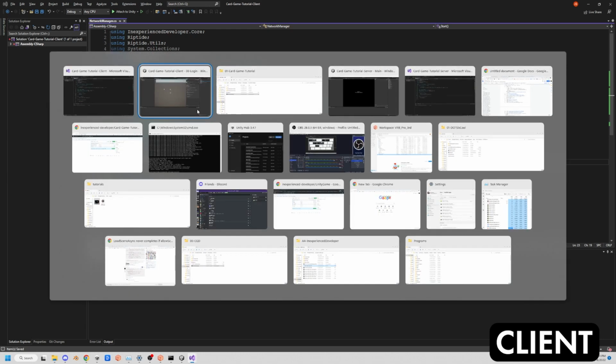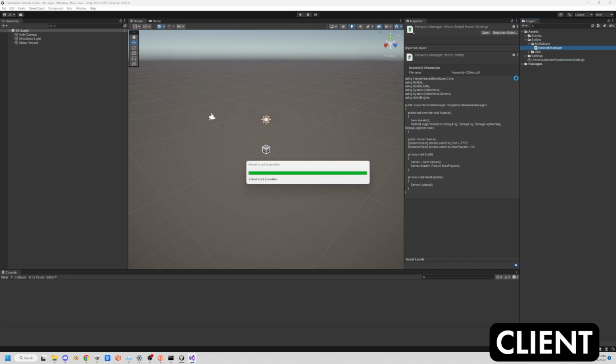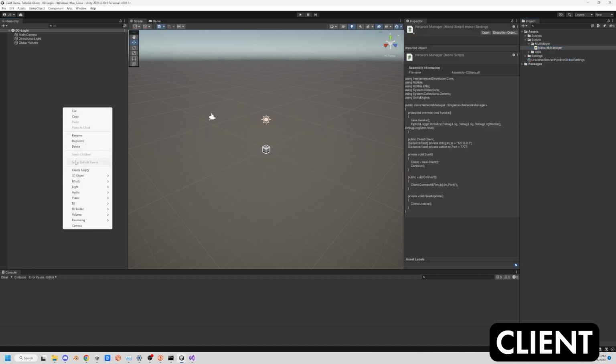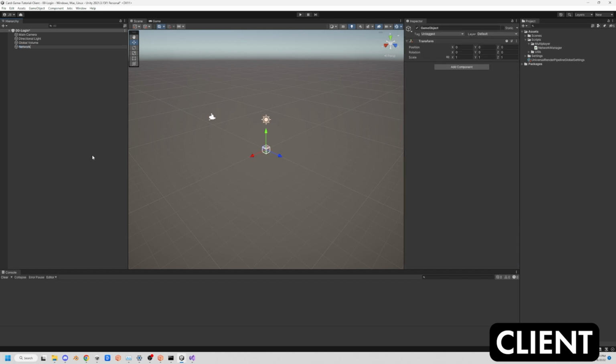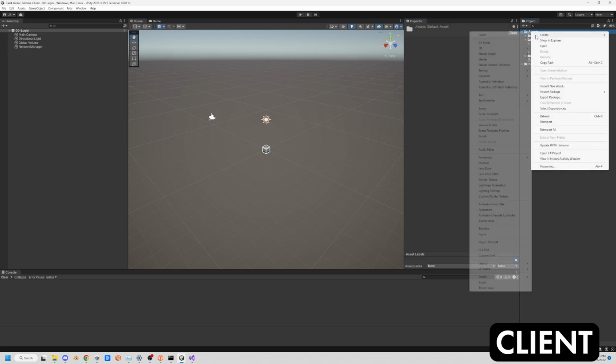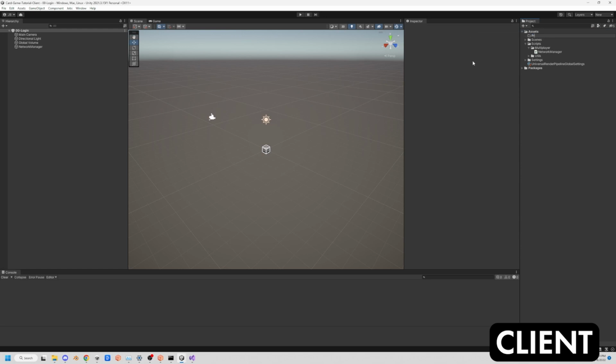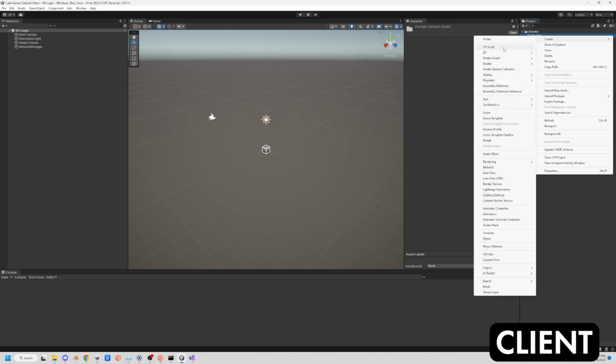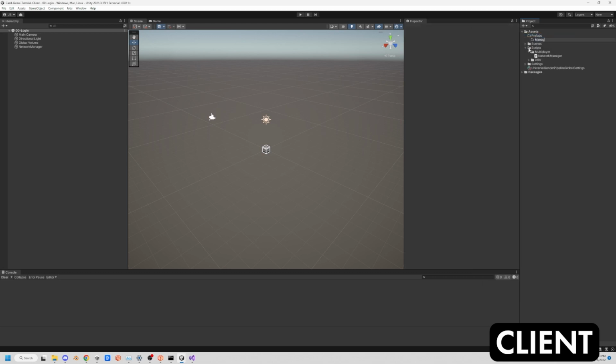All right, so now back in the Unity project on the client, we're going to create an empty network manager, and we're going to add our script to it. By default, it should have these values if you set it up correctly. We're also going to create a folder called prefabs, just to make this easier. And if we ever want to delete something, we're going to call it managers, right? We're going to pop our network manager in there,